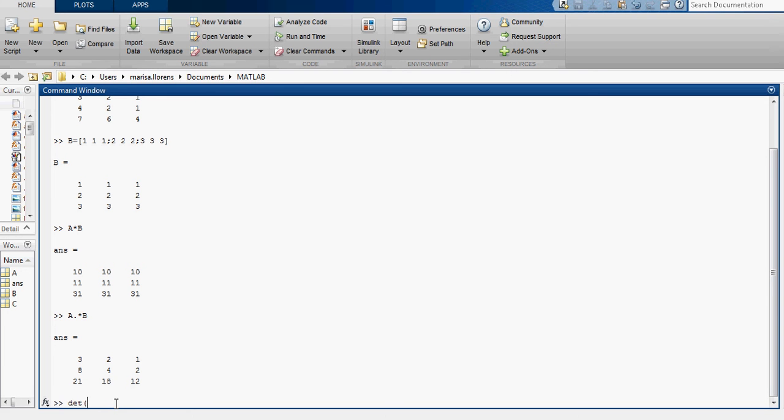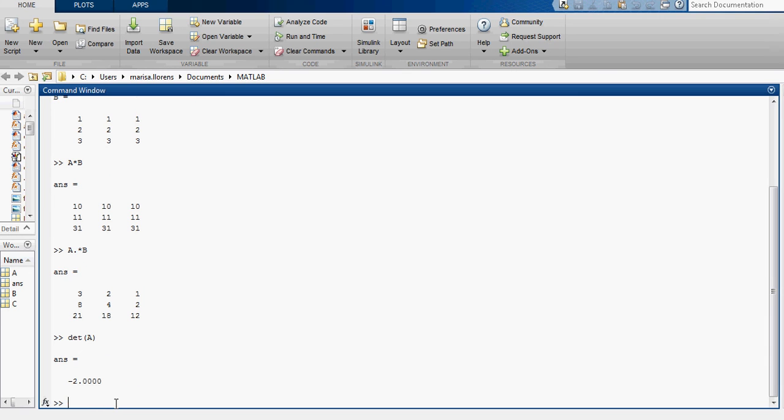If we want to calculate the determinant of a matrix, we just use det, then the name of the matrix. The determinant of A is -2. If we want to calculate the inverse of a matrix, we use inv, and say we have a third matrix that is a 2 by 2